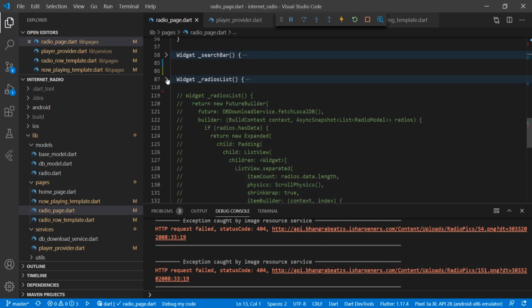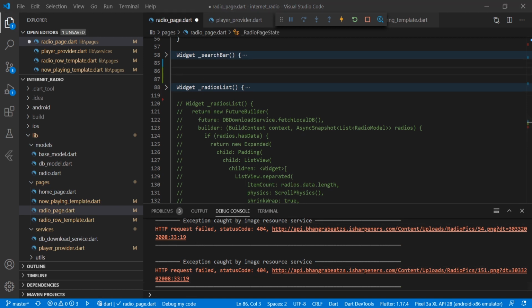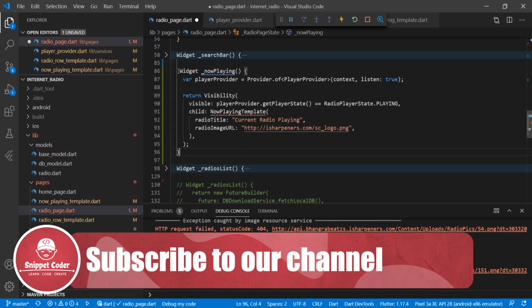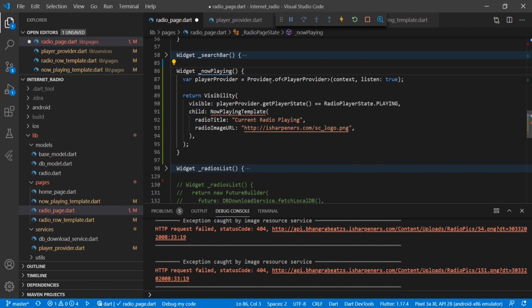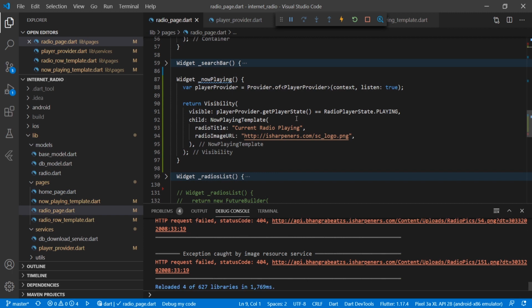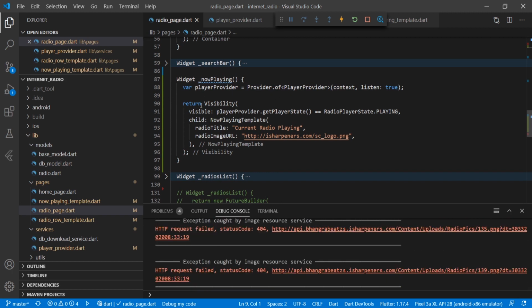Here we will create one more widget. That widget we will name as underscore now playing, and what we are doing here is we have provided one variable of player provider and provider of player provider and context, and the listen we are providing as true, and we are returning visibility.